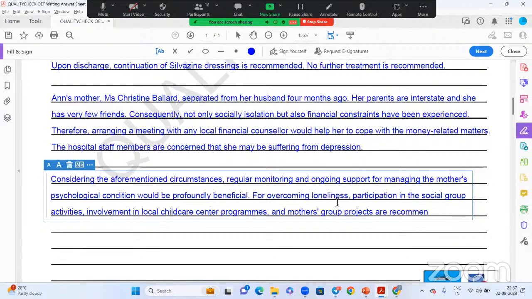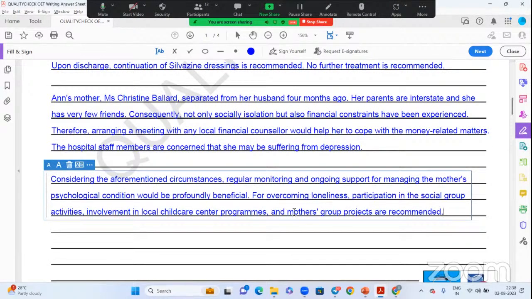So all these things are recommended. Participation in social group activities is recommended. Involvement in local child care center programs is recommended, and linking to mothers group projects